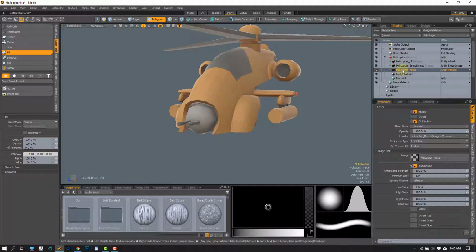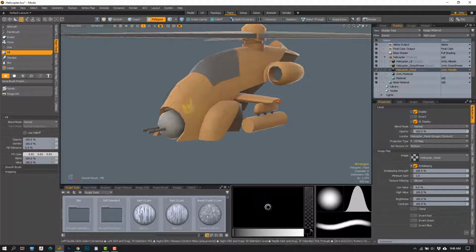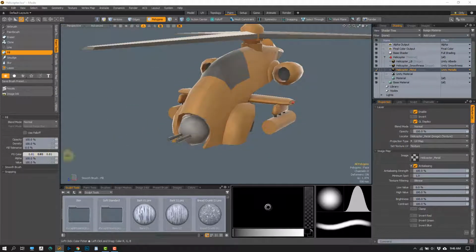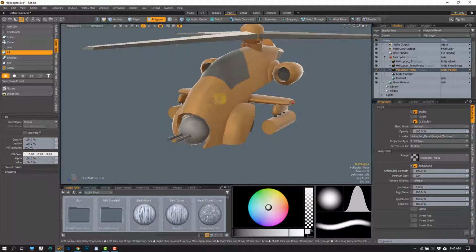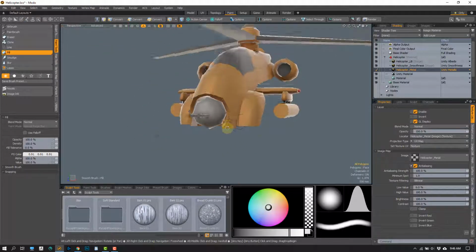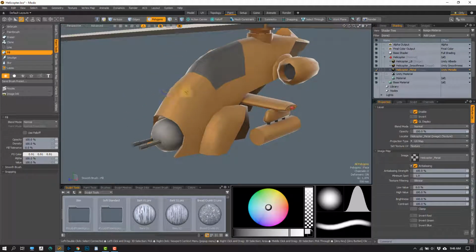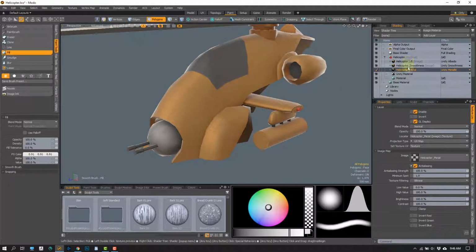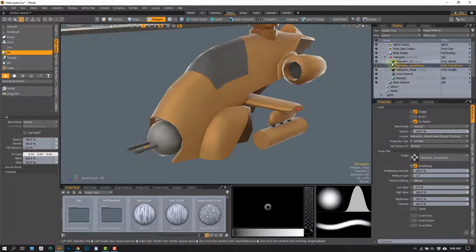Let's do the metal as well. So again, we just have this set to a fill. So if it's at the 0.81 and I fill this in, it's going to be fairly metallic. I can crank this up even more though, and kind of get this right where I want it. So from here, what I can do is, again, I'm treating these like different layers, and I'm just painting black and white. I'm not painting any colors on these. So from here, this smoothness, let's go to our airbrush,